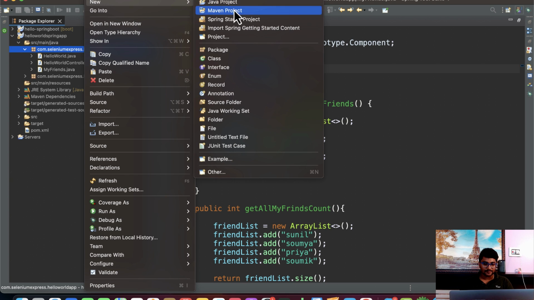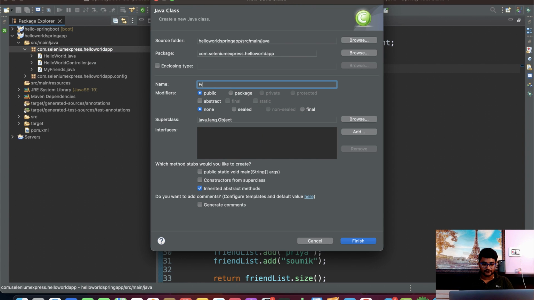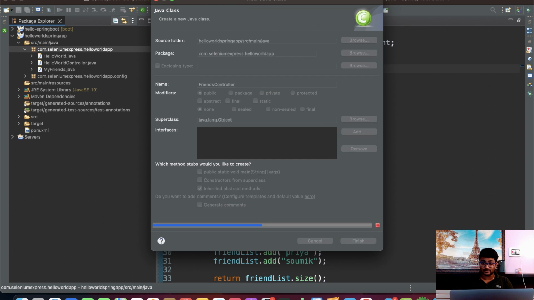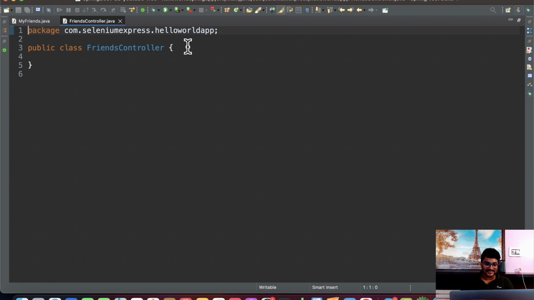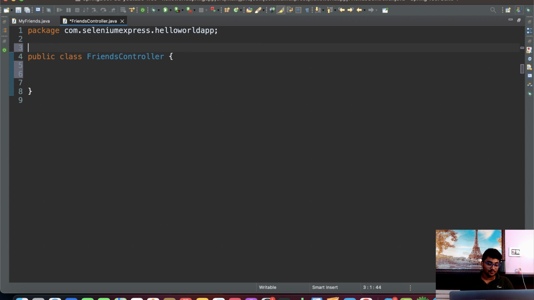So I'm going to go ahead and create a controller over here called FriendsController. Okay, look at that, my question is coming. And just because I want to show you this particular scenario, this idea just popped into my brain, because this is something that I haven't discussed in the session. So I'm sitting on my bed right now, putting my webcam over there, and I'm just recording this out of nowhere. This plan was not there in my mind previously, but yeah, just wanted to recall some of the things, so that you guys also can do some homework, and just let me know in the comment section if you're able to figure out what I'm going to do right now,